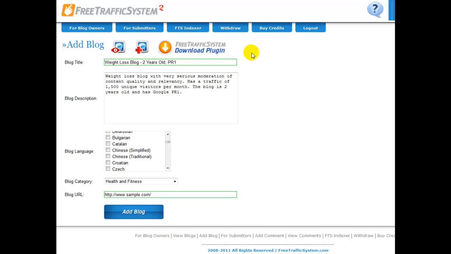So before you add any blog to free traffic system, you download the zip file with the plugin to your computer, you unzip it, and you will see one PHP file. Upload this PHP file, because this is basically the plugin in one file, to the folder of plugins on your blog, and once it is there, go to your blog admin area and activate this plugin.